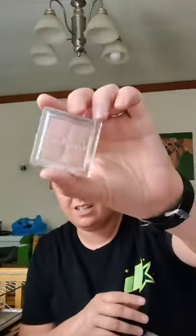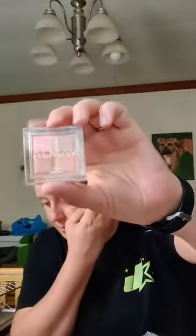All right, so I got the, ooh, never heard about this. Almay Illusionist. This is new, I guess. Sometimes they actually do bring out some new stuff in this box. I'm half tempted to actually keep this,